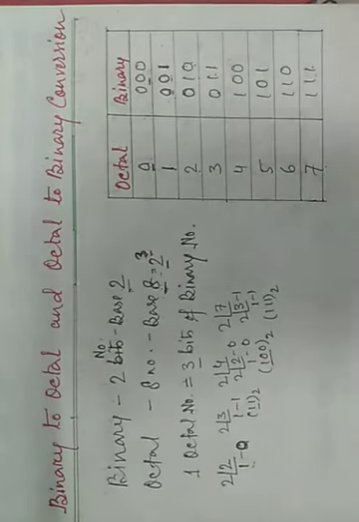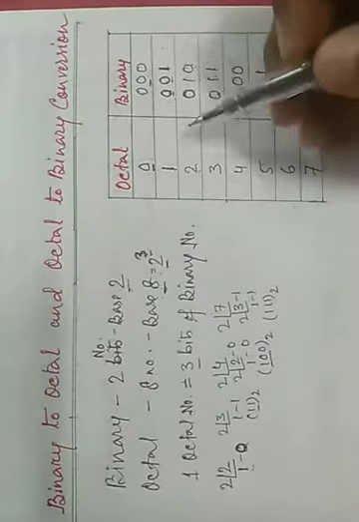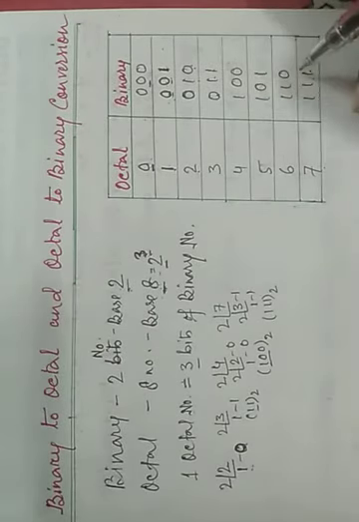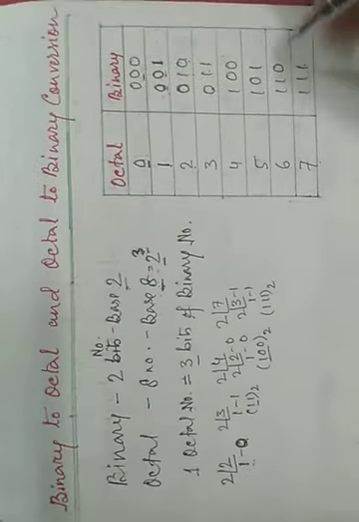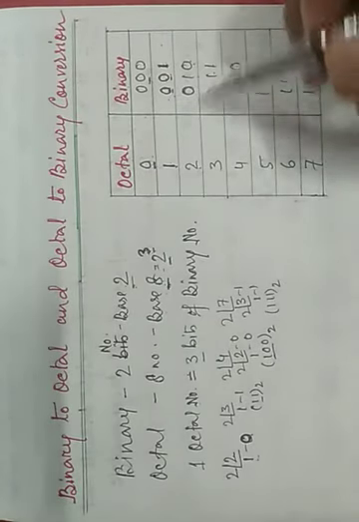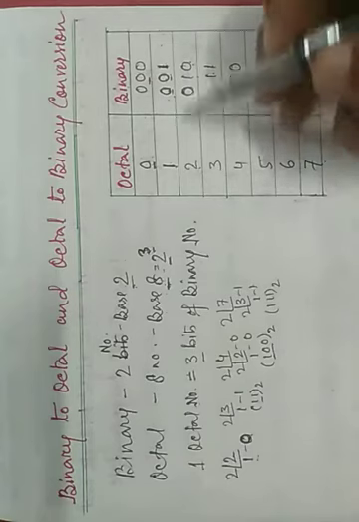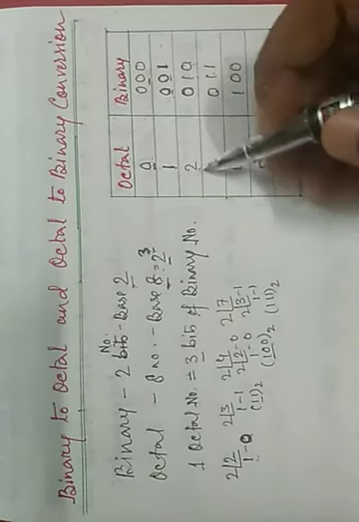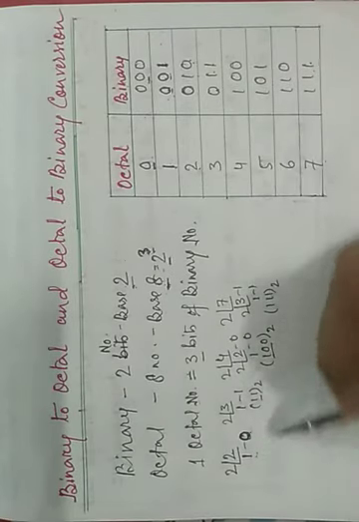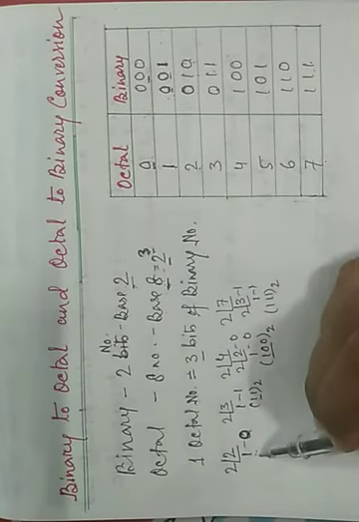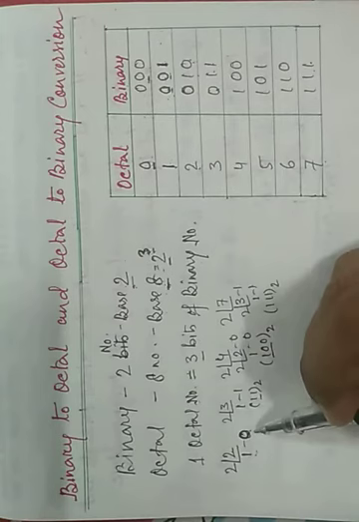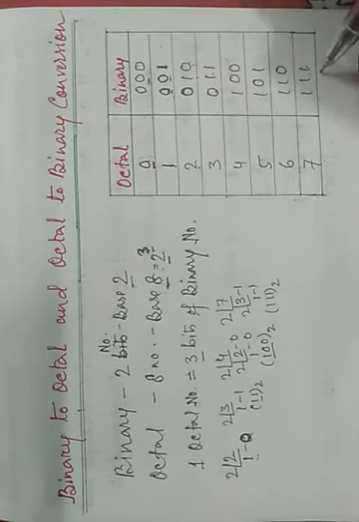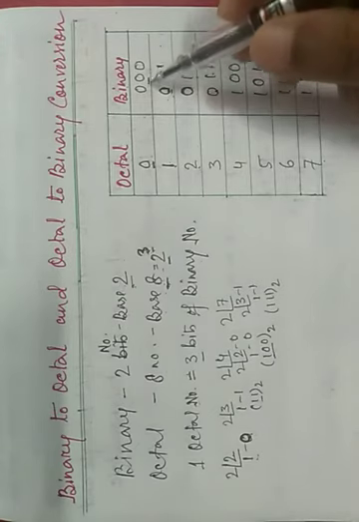Okay, if we want to convert an octal number into binary number, we have to remember this table. And if we can't remember this table, we can find out the binary value of any octal number this way, by finding its decimal value and putting it in 3 digits. Okay, there is a technique to remember this value. How can we remember this value?